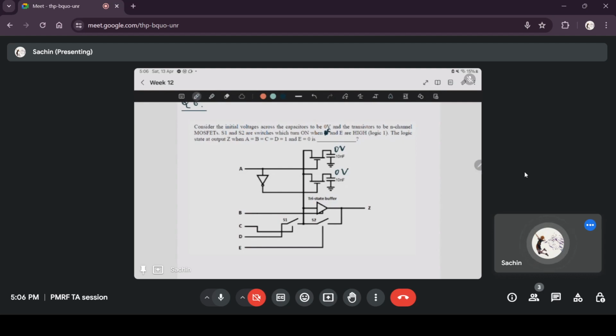So this A input, when it is high, is fed to the gate of the first transistor. Since it's an N-channel MOSFET, the first transistor will be on when A is high. When A is high, this NOT gate will complement that, so when this is high, this will be low. That is fed as the input to the second transistor, so the second transistor will be off. So here in our question they have given A is equal to 1, so this is high and this is low. The second transistor is off,